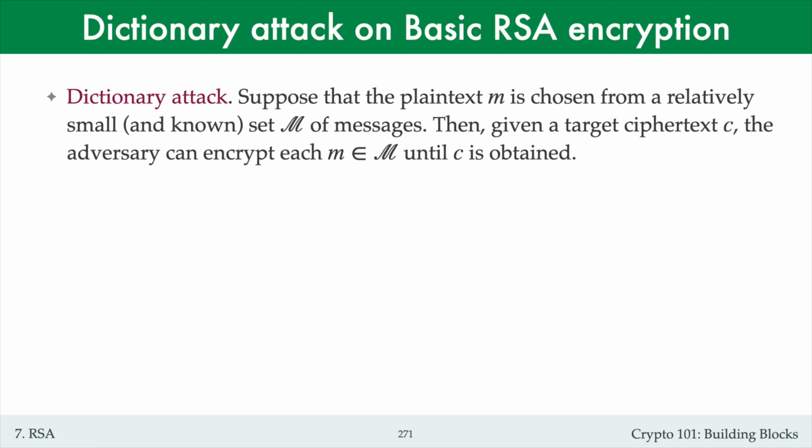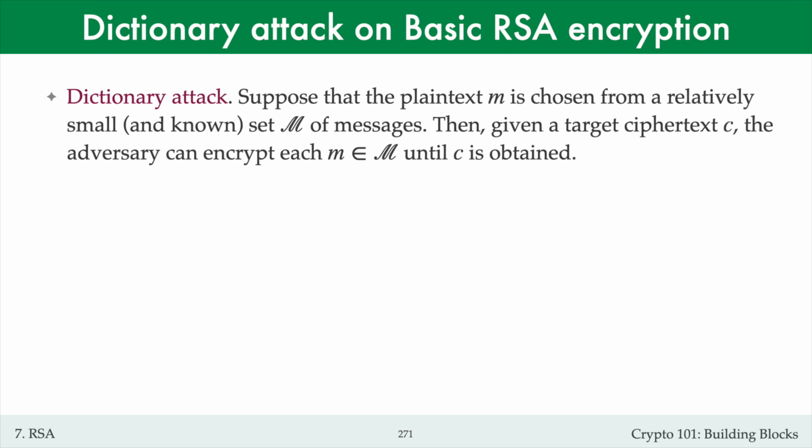Suppose that Bob encrypts such a plaintext M for Alice, and the adversary captures the corresponding ciphertext C. The adversary can then encrypt each message in the known set of messages until C is obtained. This works because RSA encryption is a public operation which depends only on Alice's public key. Moreover, encryption is a deterministic process, so when Eve encrypts the plaintext M, she gets the same ciphertext C as